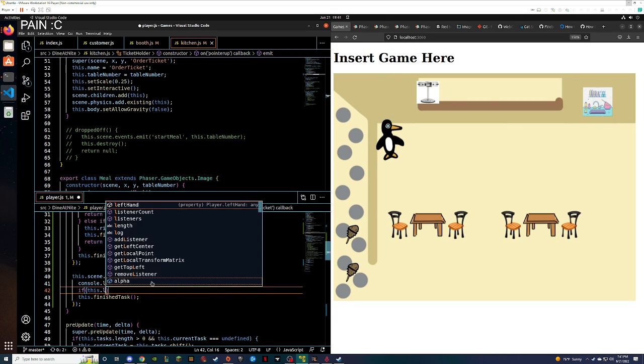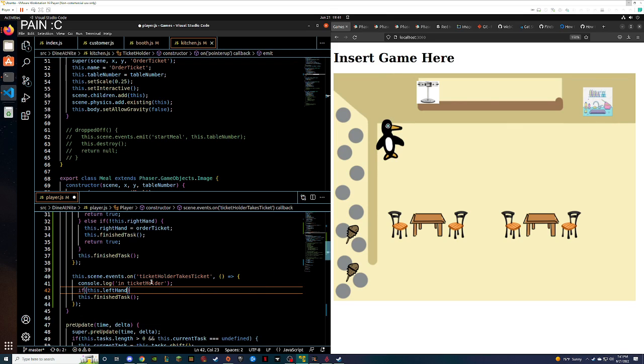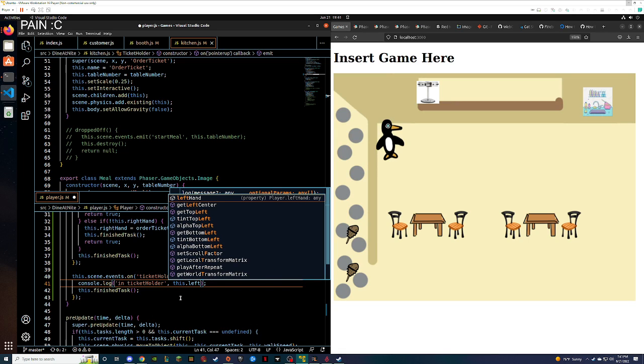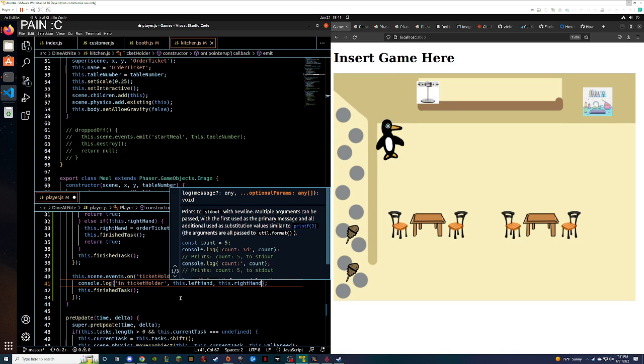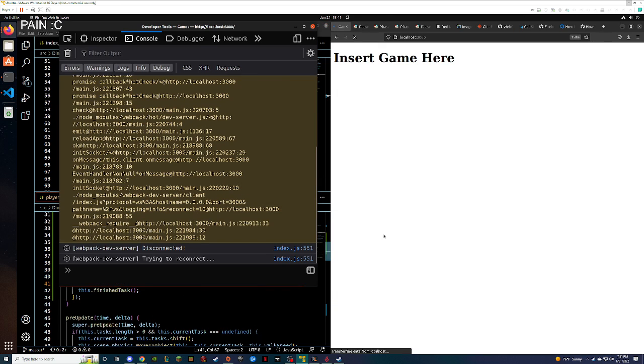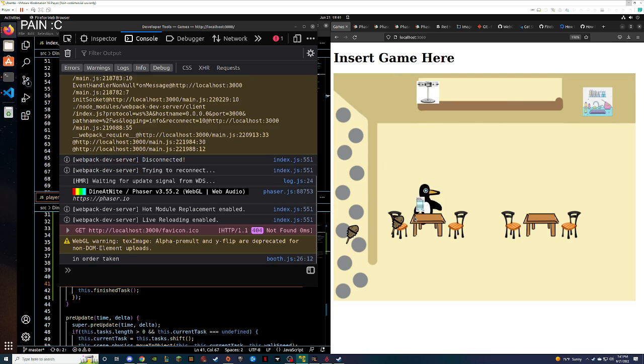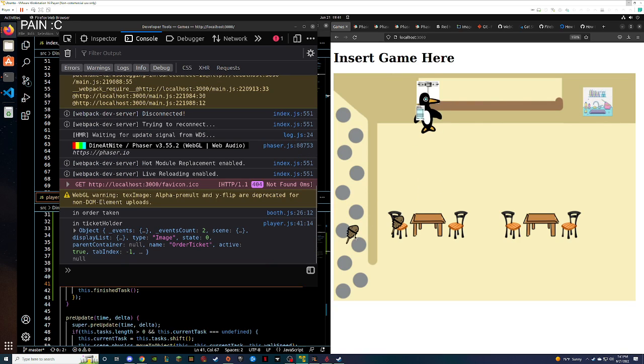if this dot left hand... oh, shoot. Okay, I'm gonna console out this dot left hand and this dot right hand, because when in doubt, console log. I know it doesn't rhyme, but it doesn't have to. Ticket holder, it's an object with a name. Woohoo!